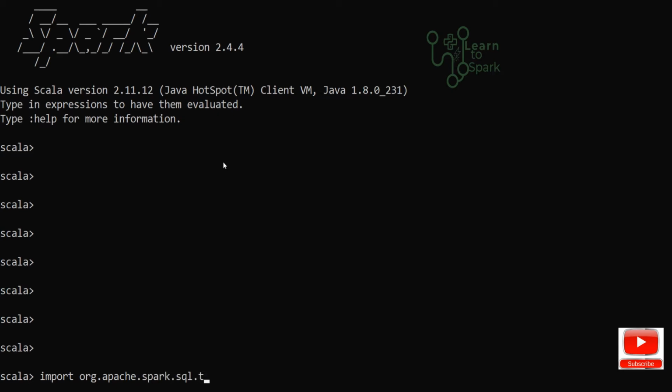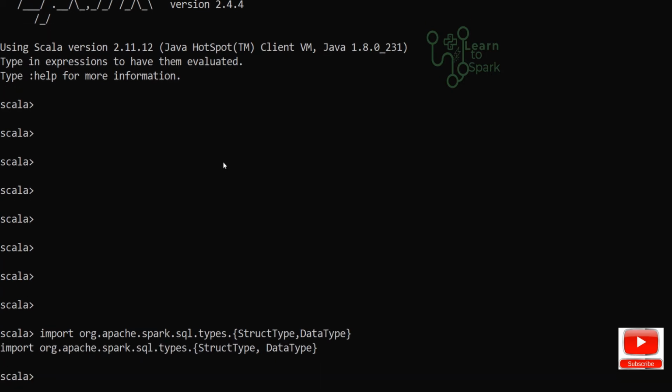From the org.apache.spark.sql package, inside this we have to import types: struct type and data type. So we need to import these two packages for reading it as a data frame.